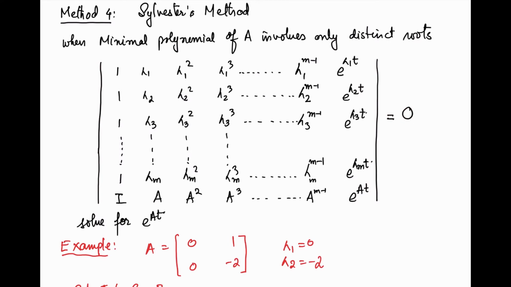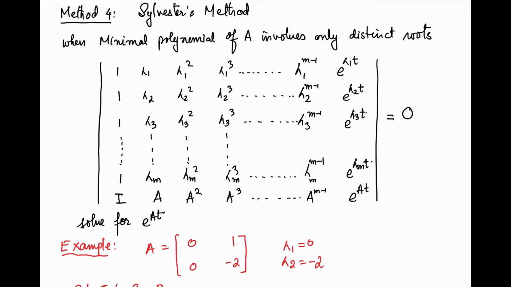So I am just going to give you the information on how you can determine the state transition matrix. I am not going into the derivation of this one. For that you can refer to a basic linear algebra book. Over there you can find the Sylvester method. So I am just going to use that to determine the state transition matrix. So this is phi of t, the STM, that is obtained by setting up this matrix, setting this determinant equal to 0, and this determinant or this equation is obtained by looking at the eigenvalues of your system.